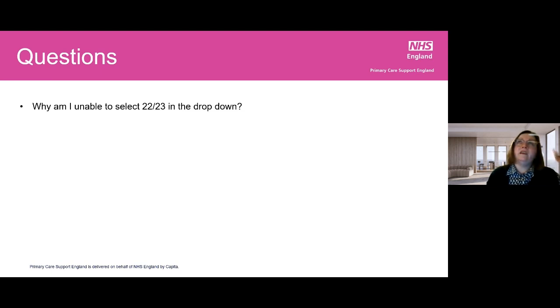And even if it was in the 21-22 year, it might be that it's so far behind if that hasn't been completed yet. So if you've completed it, if the practice haven't approved it, you need to speak to the practice about that. If the practice have approved that and your employment change shows as approved in PCSE Online, the next thing to